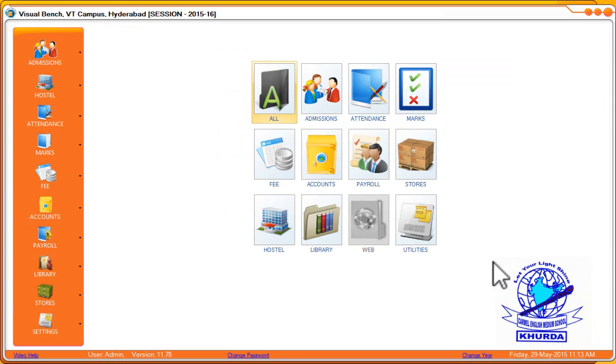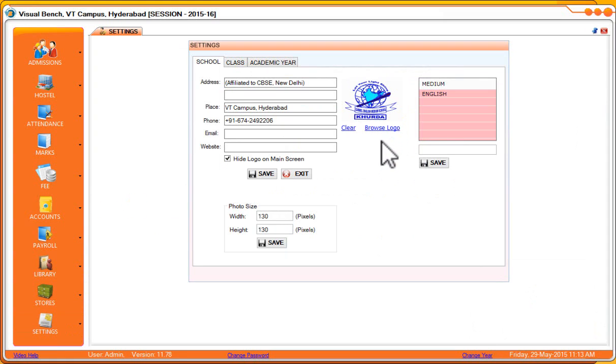In case you do not want to see your school logo on this main screen, then simply choose the option hide logo on main screen. In case you do not want to hide it, simply untick it.